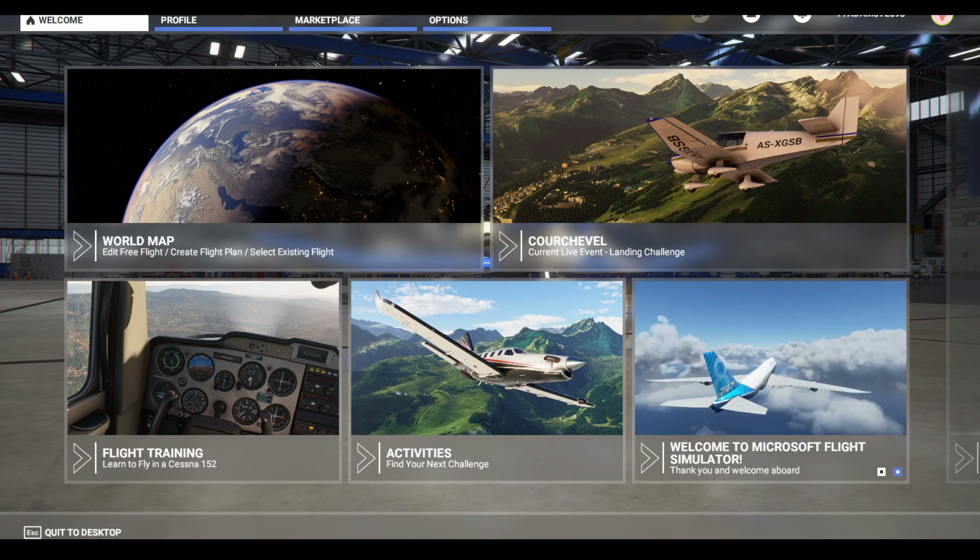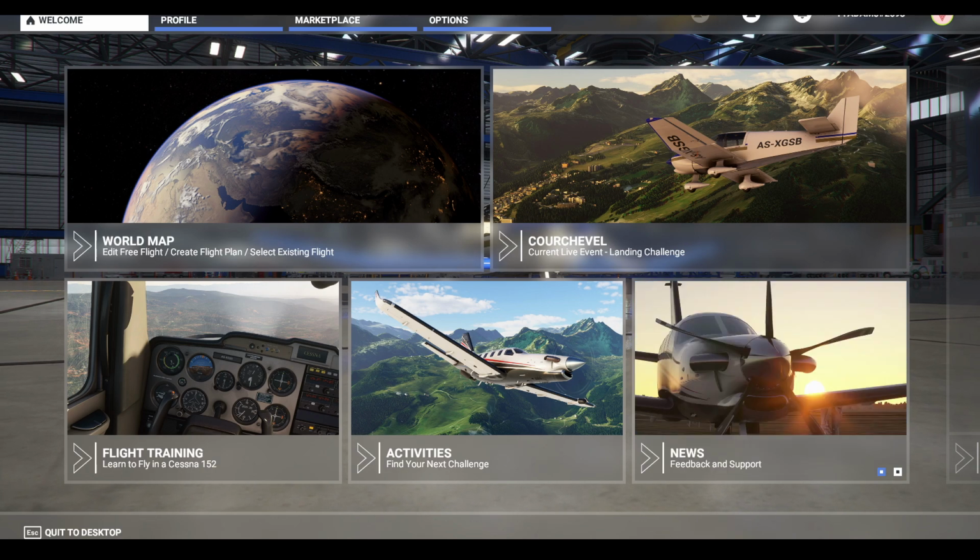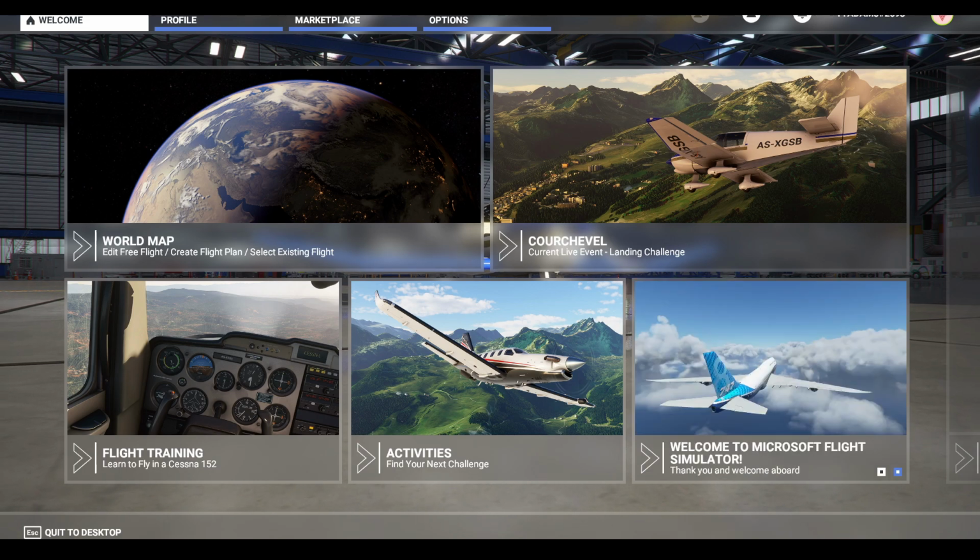There are 4 different quality levels in this sim. There is low, there is medium, there is high, and there is ultra, and it really is going to depend on your monitor and your PC as to which of these you will select, and we'll get into that in